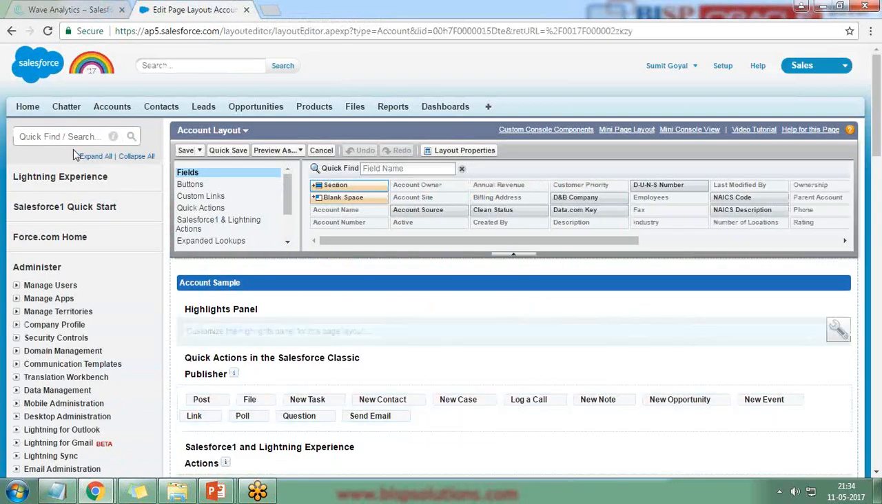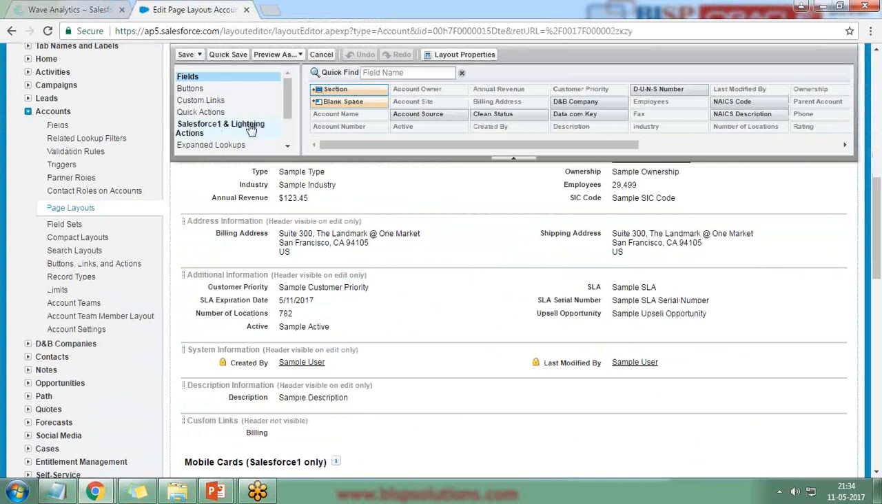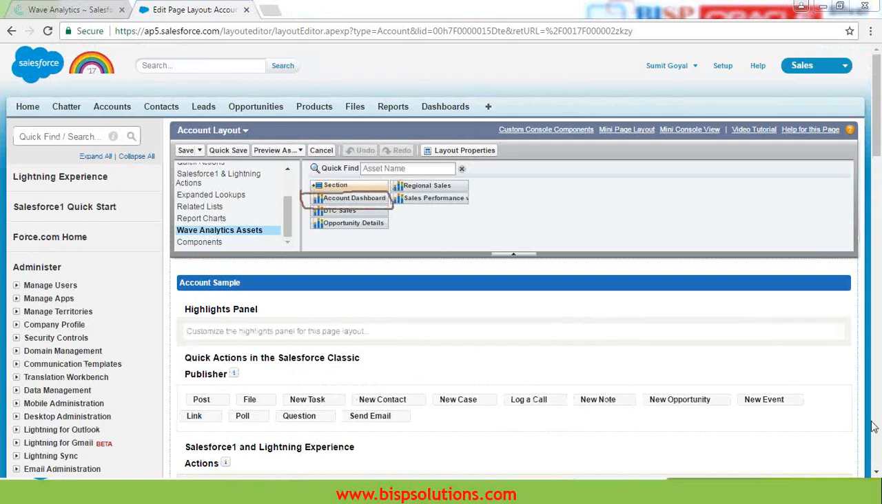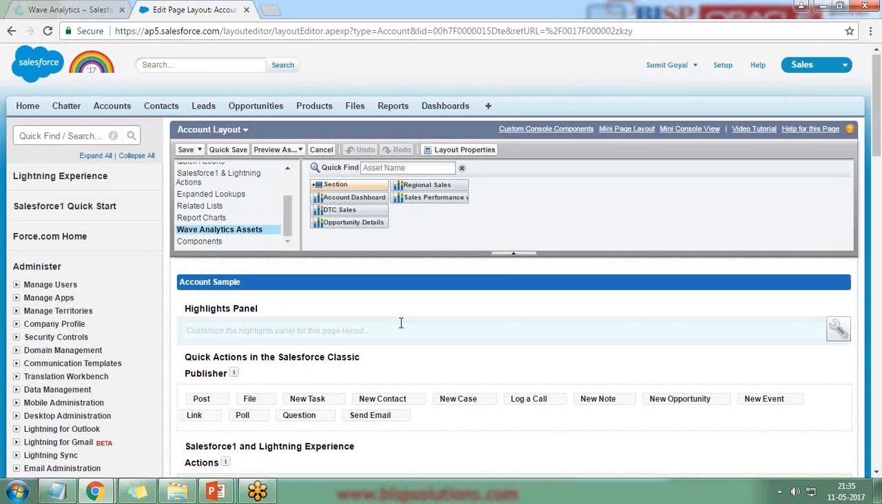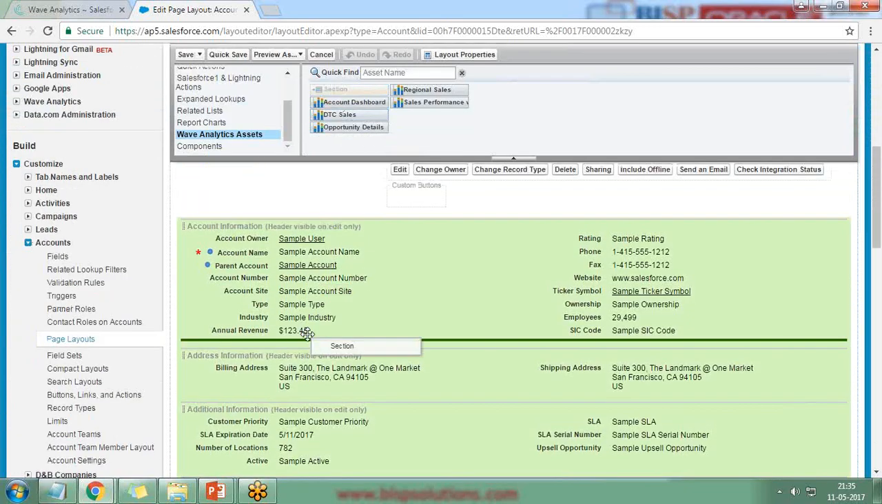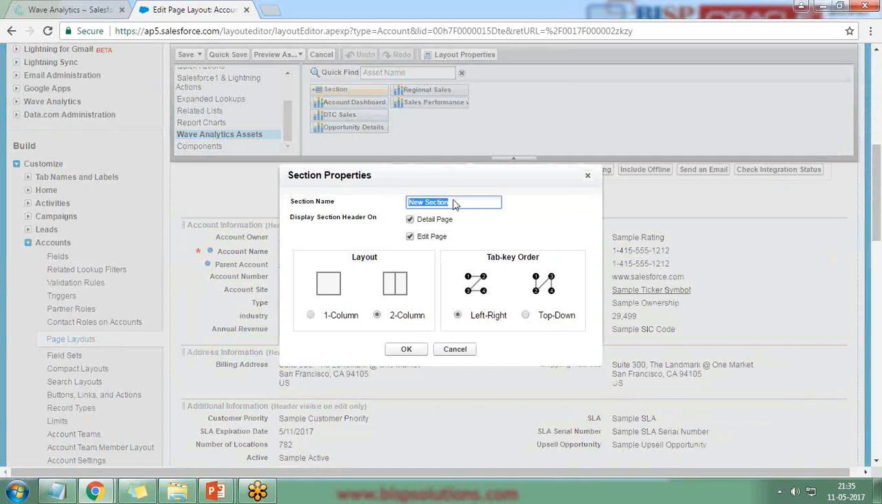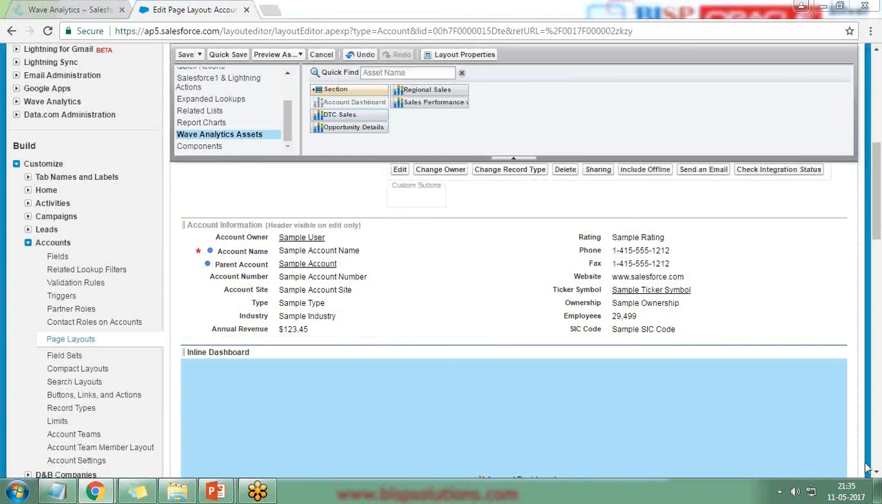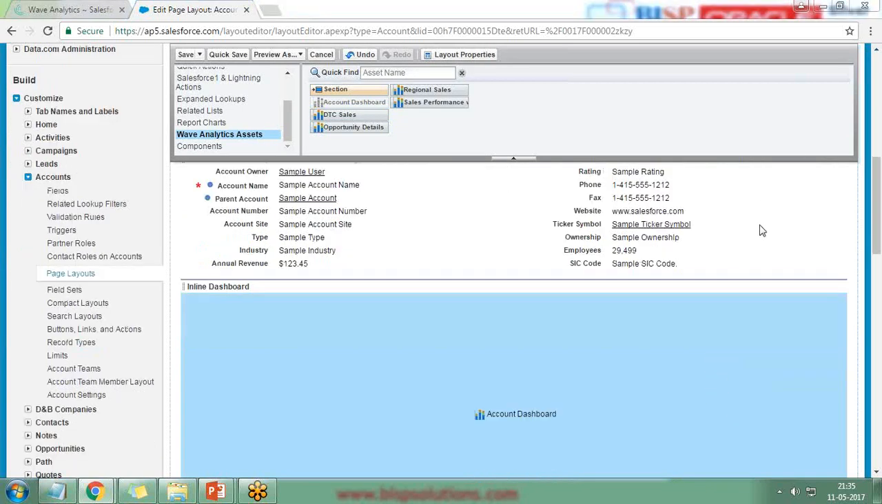I click on account. Then, from this list, I select Wave Analytics Asset, and you see the account dashboard is appearing. First I drag and drop a section just next to annual revenue. I'll name this section inline dashboard, and it would be a one column section, and in this section I drag and drop this account dashboard. So the dashboard is inline now. Let's go and check how it looks. I just save it,